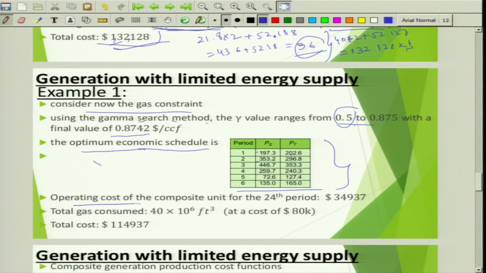Now the operating cost for the composite unit is not 52,000. It is coming out to be 34,937. And anyway you have to utilize this much, 40,000. 40 into 2 is 80,000, 80 plus 34, this is coming out to be 114,937. You got it. Now having gamma in place, you can minimize the fuel cost of the other composite generator